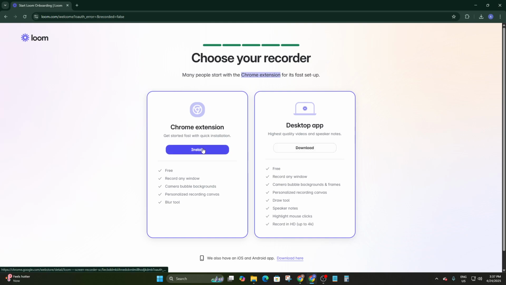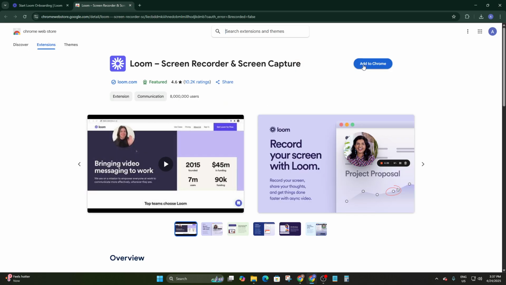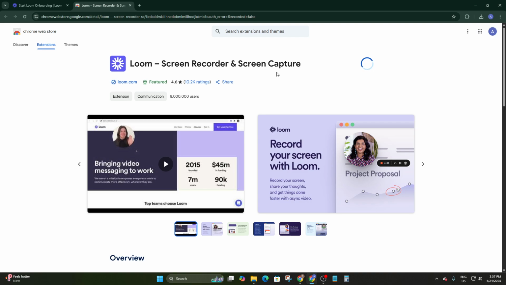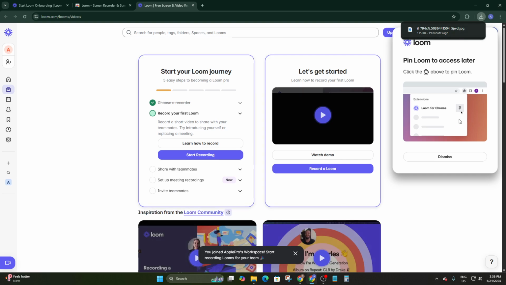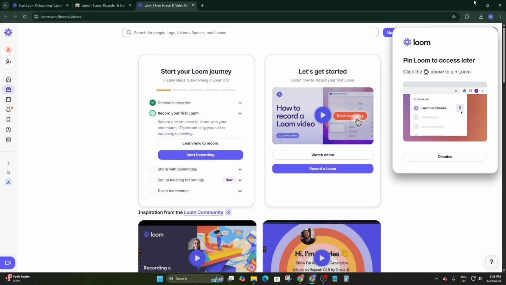But if you want to use it easily, then you can simply click on install this Chrome extension. So it is pretty simple to use the screen recorder. You can simply click on add to Chrome. Now click on add extension here. Now it will download the extension file, and here you can see it has just downloaded, and it will automatically set up your extension. So here you can see it has just created my account here,